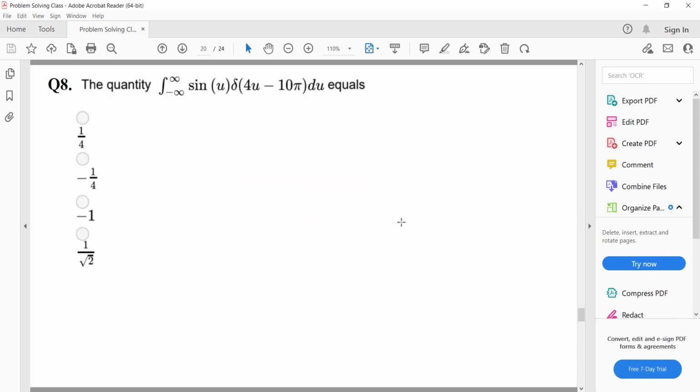Yeah, so here is the next problem. So we have to calculate the quantity. Basically, here also we have to use the same property. Only the thing is we have to take one additional property here. The other property is the scaling property. Okay,